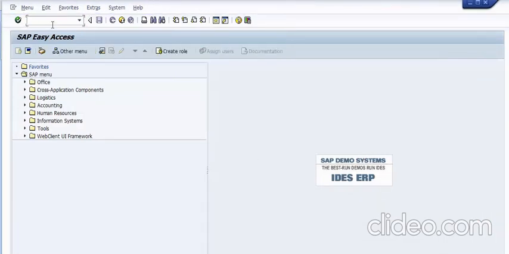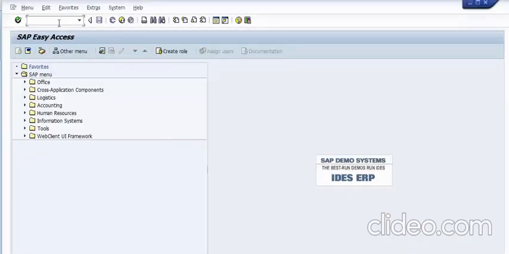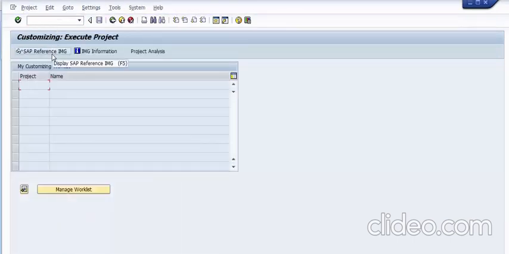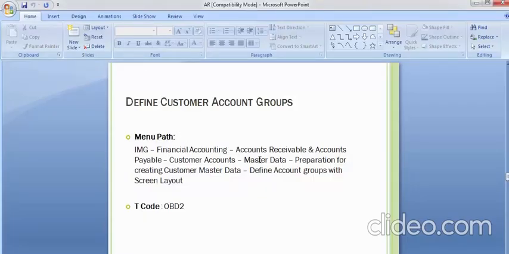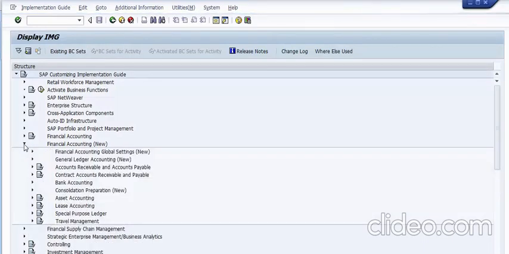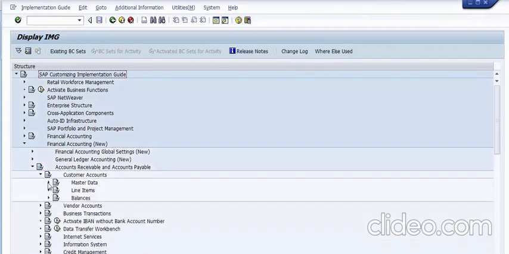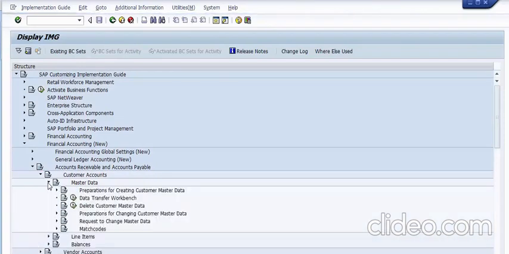So now I would be working with the path. As the path says, I have to go to the IMG screen. For that, SPRO is the transaction code, enter. I will go to the IMG screen. Then I will be moving to Financial Accounting, Accounts Receivable and Payable, Customer Accounts. In that I am working on customer accounts. I will go to customer, then I have to go to master data, and in master data I have to